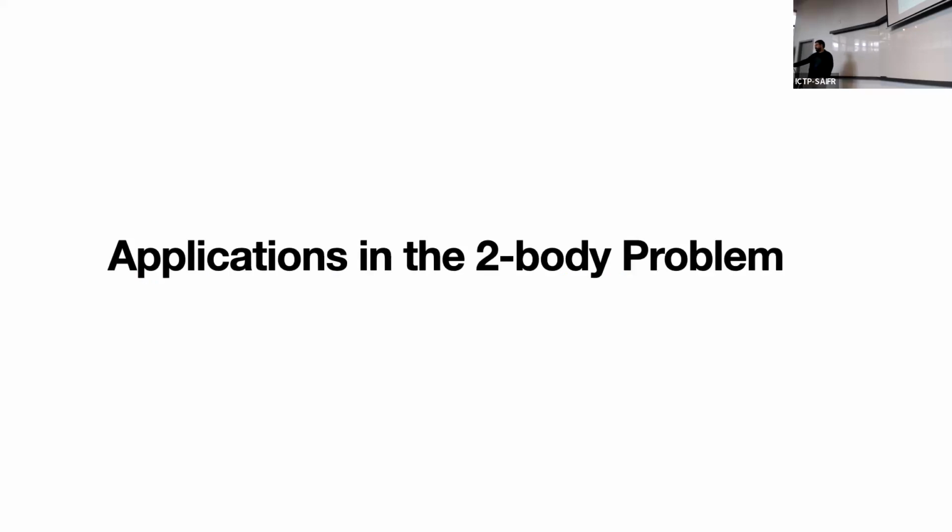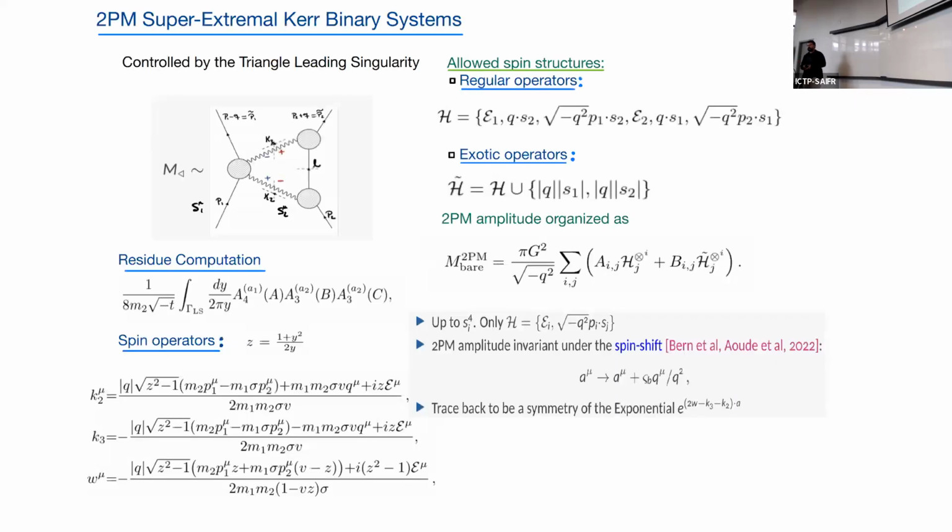So in the last 5 minutes or so, let me now move to an application of this quantum amplitude that we started from the black hole perturbation theory solution. We're going to review the leading singularity computation that Guevara, Ochirov and Vines did in the aligned spin scenario, but now we're going to allow the spins to be oriented in a generic direction. In here, we're going to put the amplitude that we started from in black hole perturbation theory.